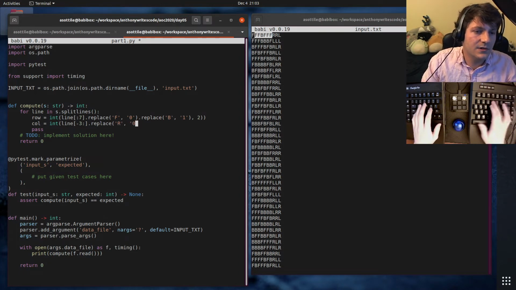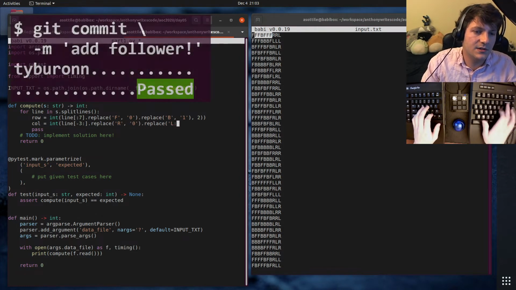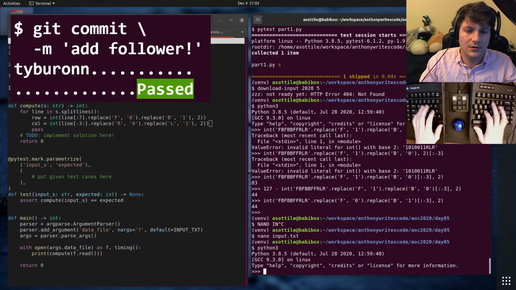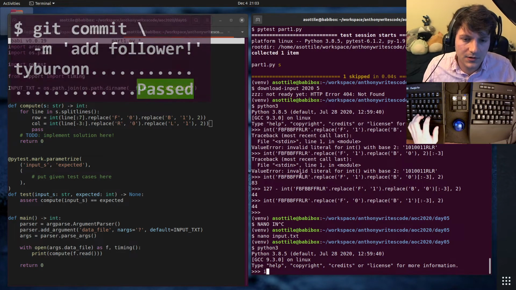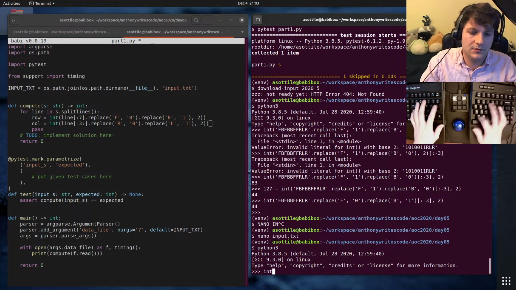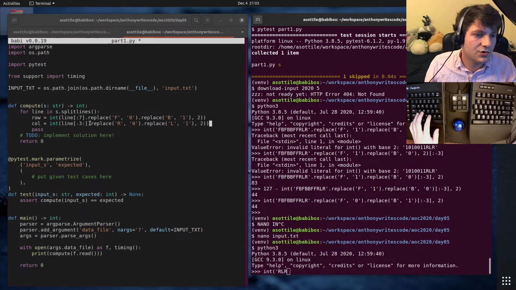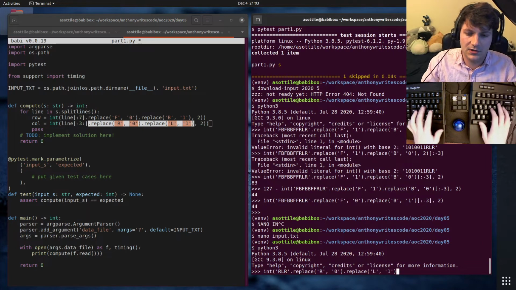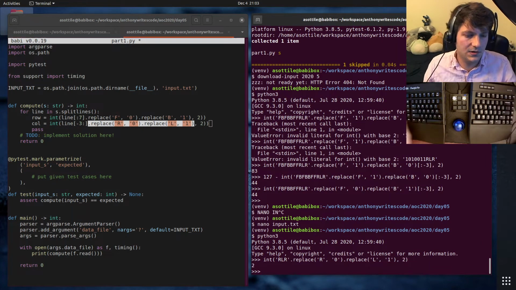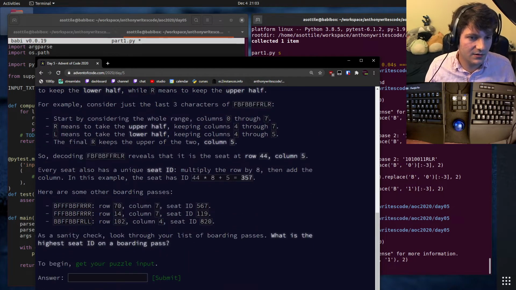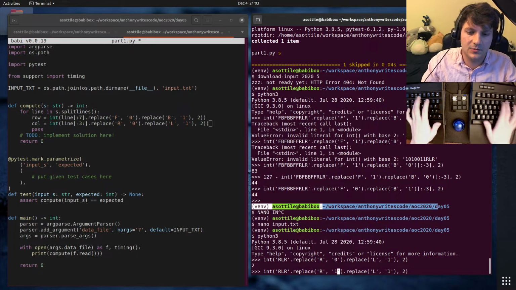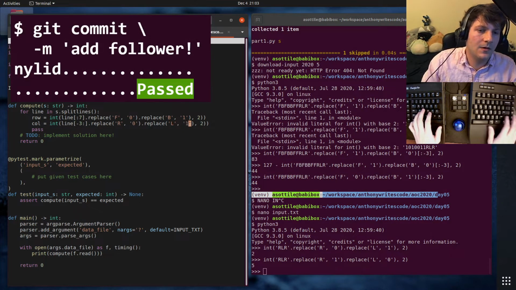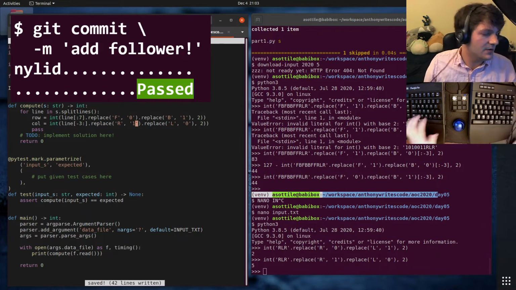R with 0 and .replace L with 1. I gotta double check that as well. RLR. I don't know if I have this forward or backwards, but we can check real quick. That says 2, but we should have gotten 5, so this is actually supposed to be 1 and 0. Rather than try and think about it, we'll just write code to do it.